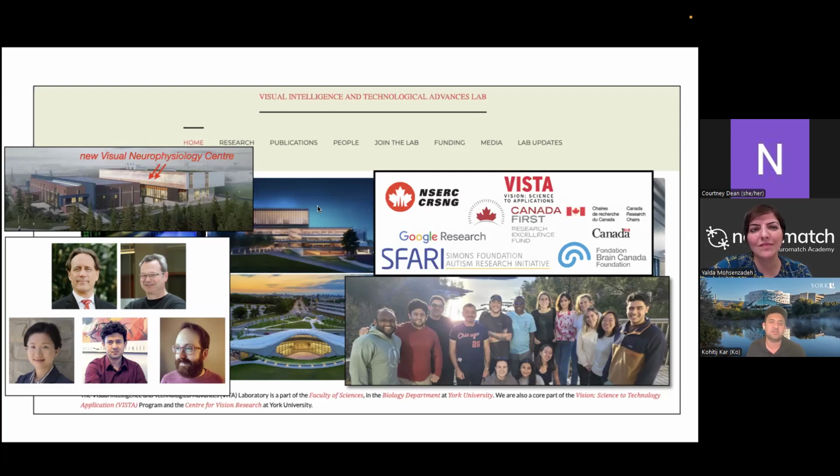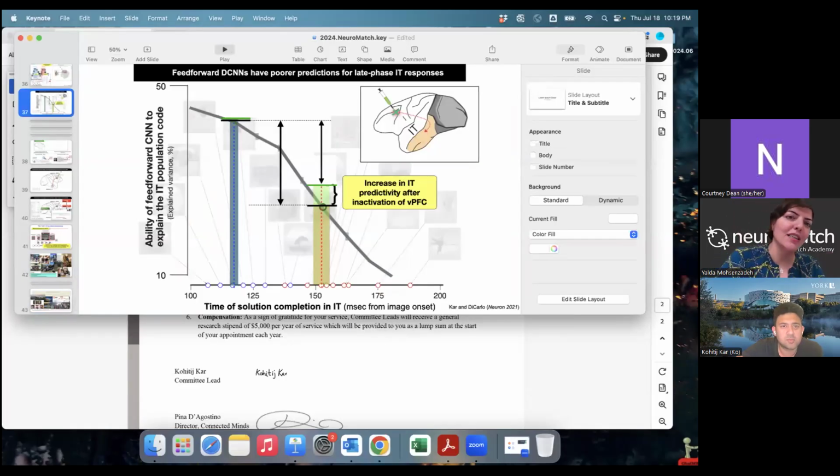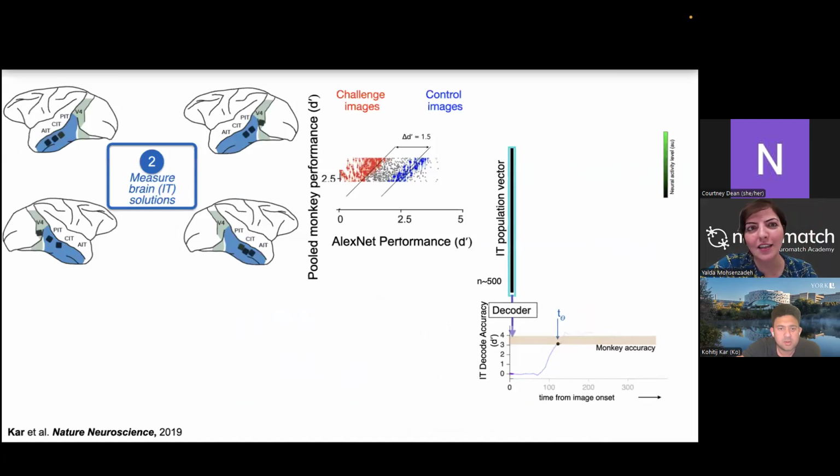I think you should try and see if you can synthesize images that specifically benefit from a recurrent network compared to a feed-forward network. Okay, thanks. The next question is by Arjun Puri, and they want more explanation about the role of the decoding model accuracy and the delayed onset of the spike for challenge images, and how you made the interpretation that the delay in decoding for challenge images is related to recurrent processing.